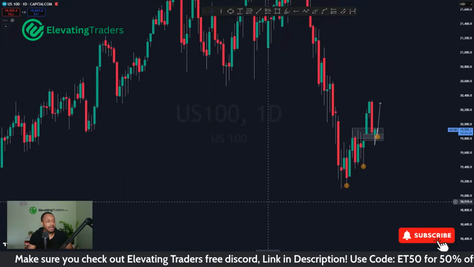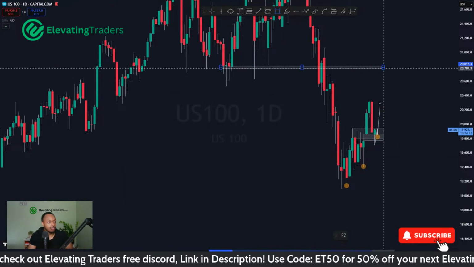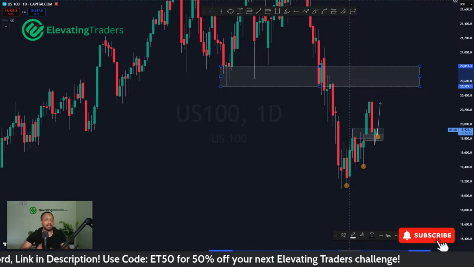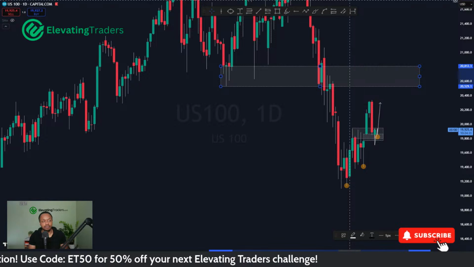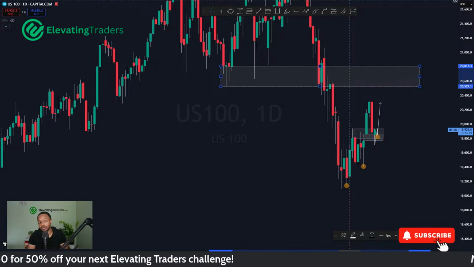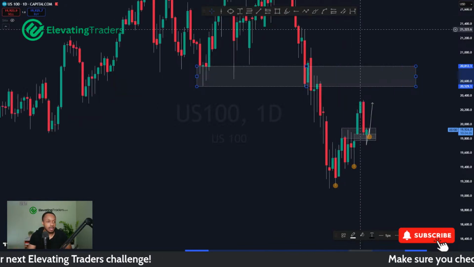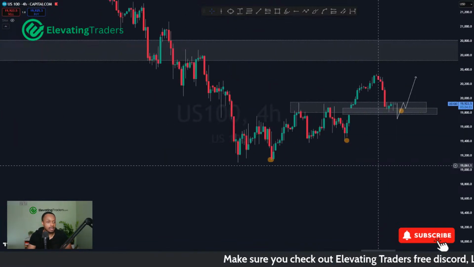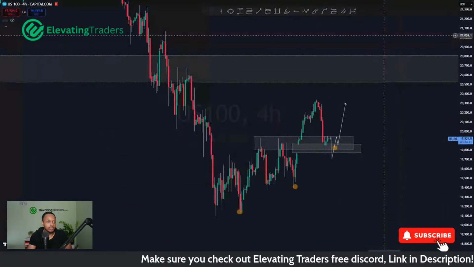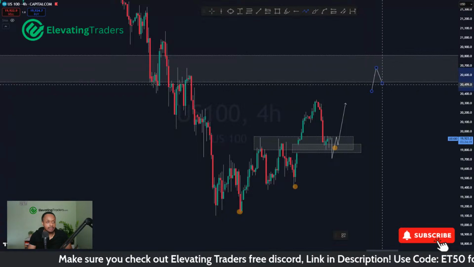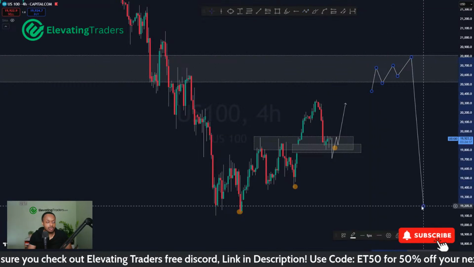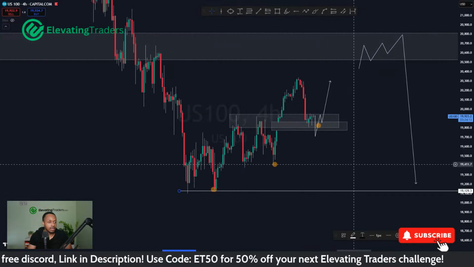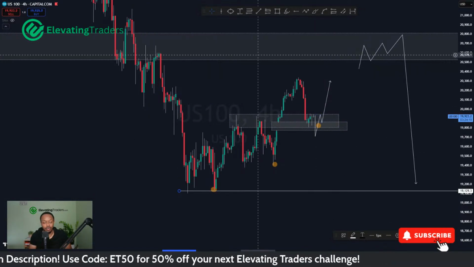Nas didn't quite get to the level which I'm looking for the sell from, which is this level here. Again, the market's not perfect. It doesn't have to particularly get to that level before selling off, but I would wait for price to get there before looking for that swing short for Nas. So I still like the upside opportunity here for Nas. Market kind of slowly stepping to the upside. If we can get to there, that'd be fantastic. See how price reacts, and if things look good, could be a really nice short opportunity back to the swing low. But at the moment, we're kind of coming back into bullish territory.